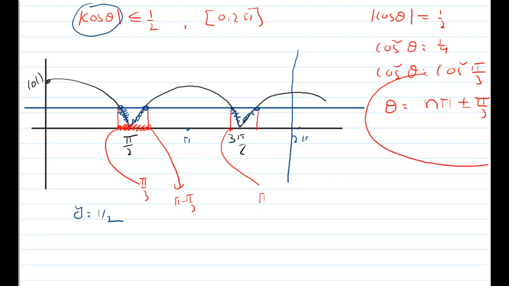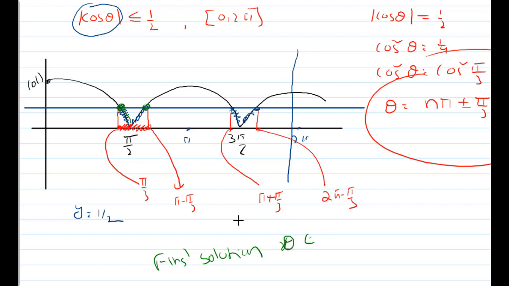So observe here, by using this only I am writing all the solutions. Theta equal n pi plus or minus pi by 3. So this is pi plus pi by 3. So this is nothing but 2 pi minus pi by 3. Now I want to write the final solution. What is the meaning of this? This point will satisfy, and this graph. So theta belongs to pi by 3 to 2 pi by 3, closed interval, pi by 3 to 2 pi by 3, closed.